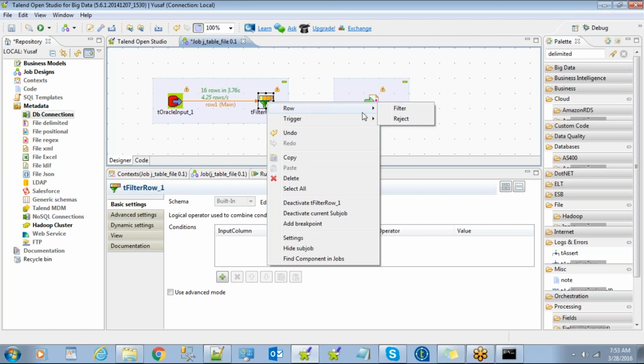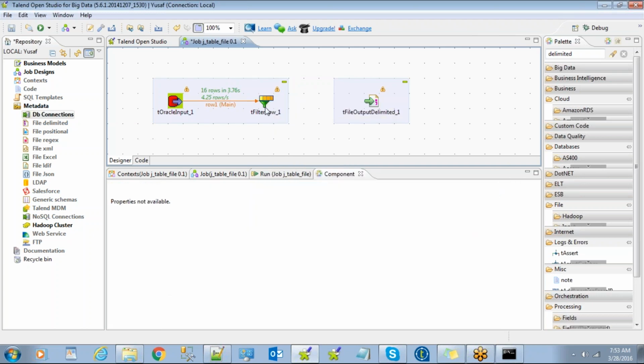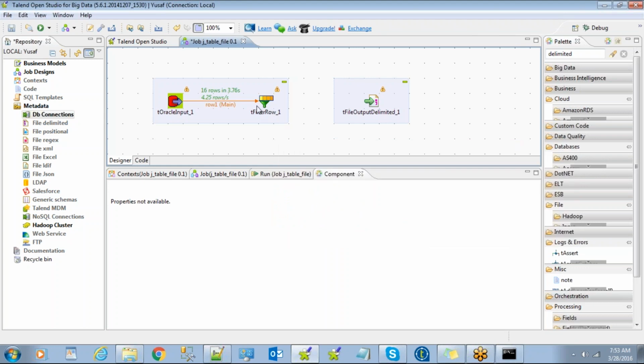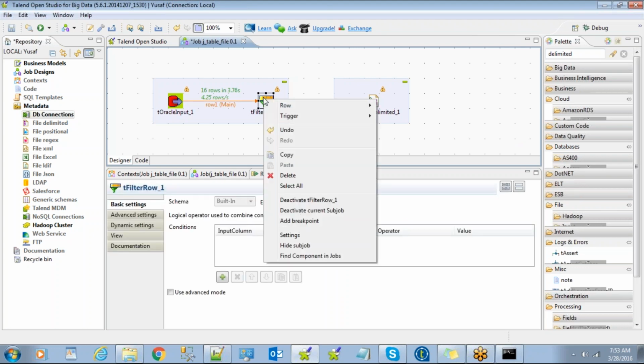So what I'm doing is I'm connecting the source. I just put a tFilterRow here. Just type filter row and select this tFilterRow component. Once you have selected this, connect these and place this in between the source and target. Okay. Now right click on this. Do you